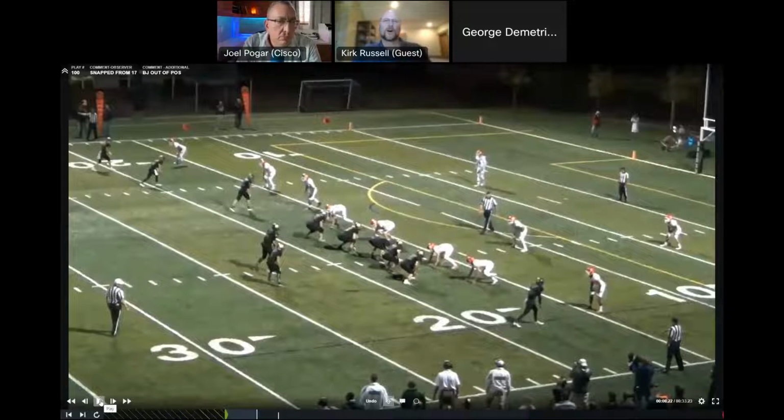Our back judge is on the goal line. When we're in this zone, when the back judge has both end line and goal line, he really should be somewhere in between them. And in this case, he's standing on the goal line. What you'll notice is his first movement instinctually is to move to the middle of the end zone, which is why we want that back judge to be in the middle of the end zone to start with